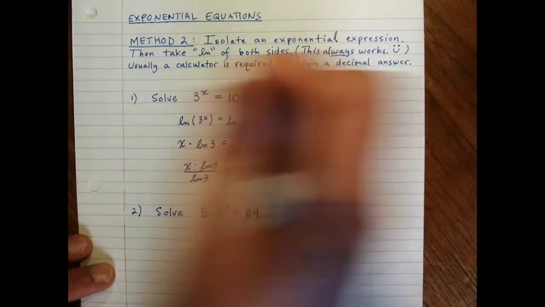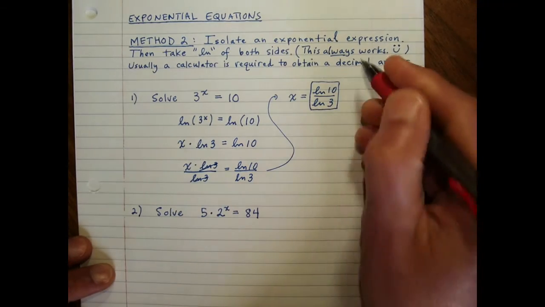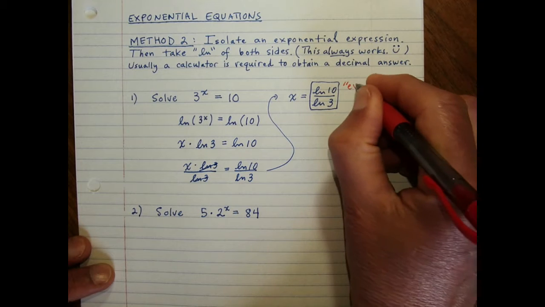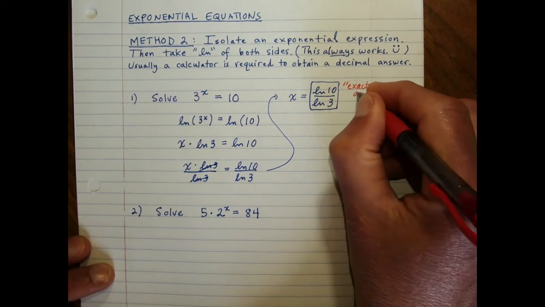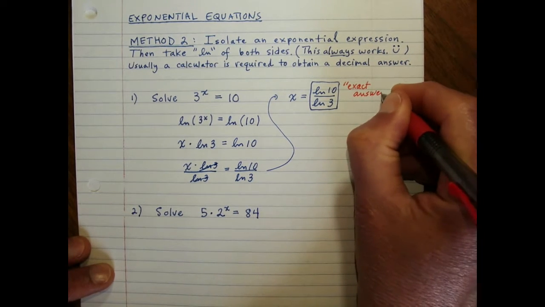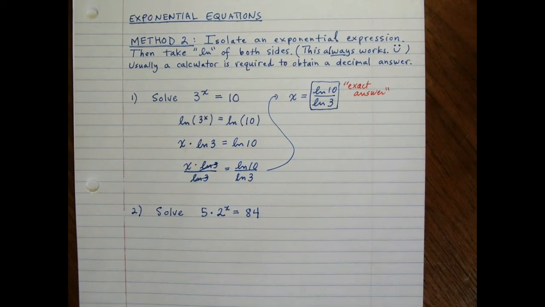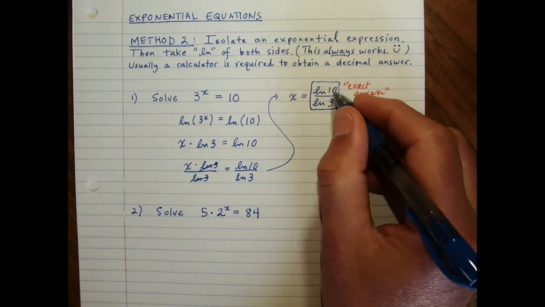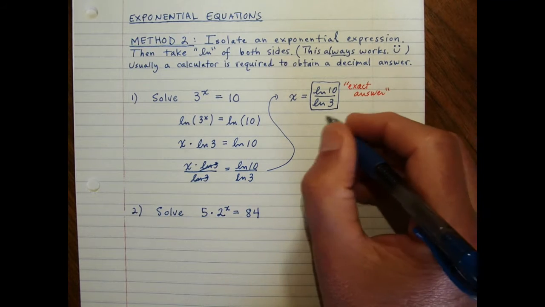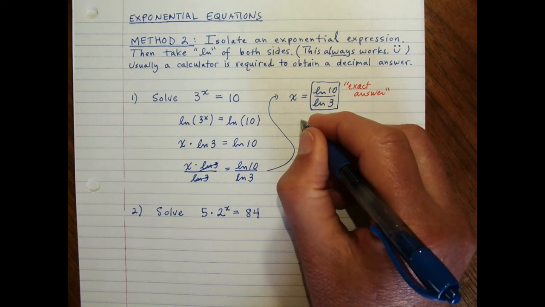This is something we're going to call our exact answer, even though it's a little bit mysterious, because, like, what is it? And what is ln 10 over ln 3? Well, whenever we get ln's in an answer like this, I'm always going to want you to also approximate